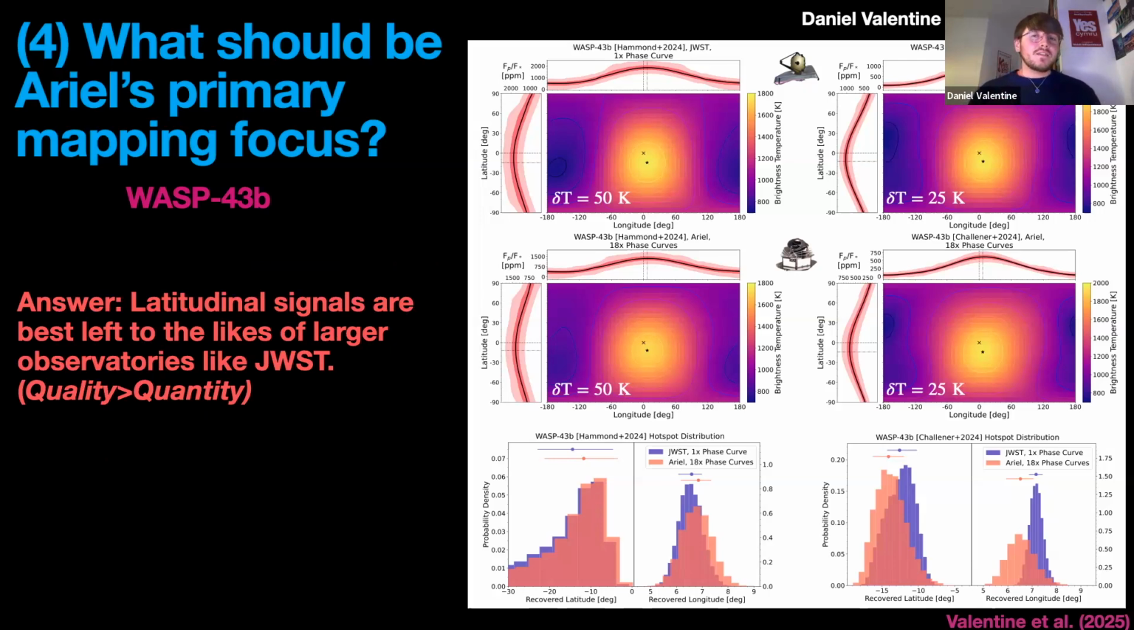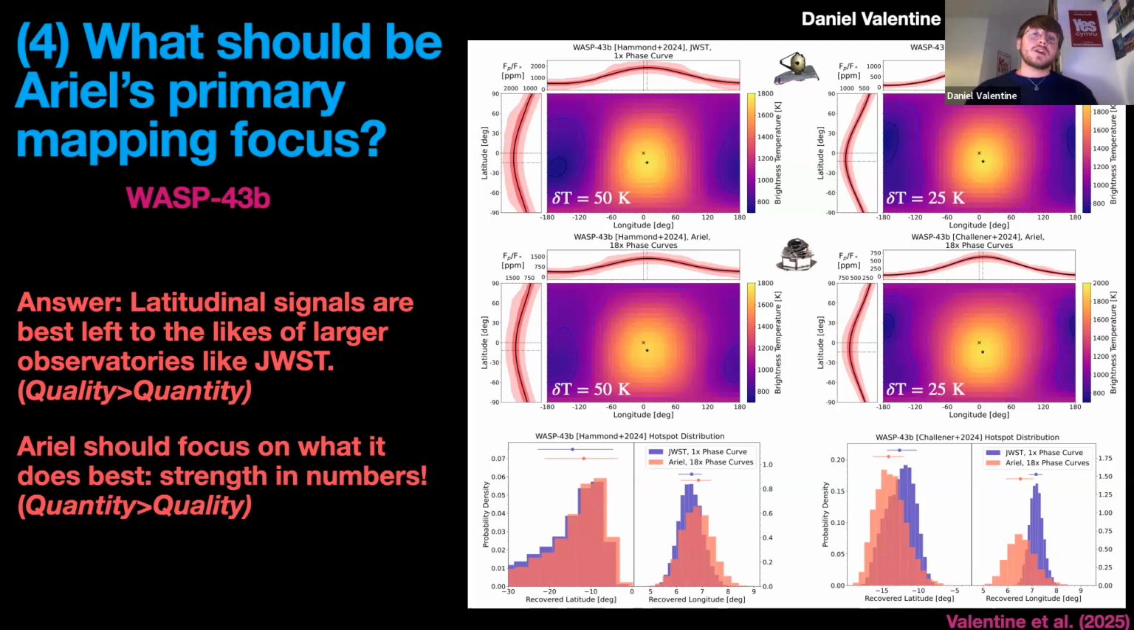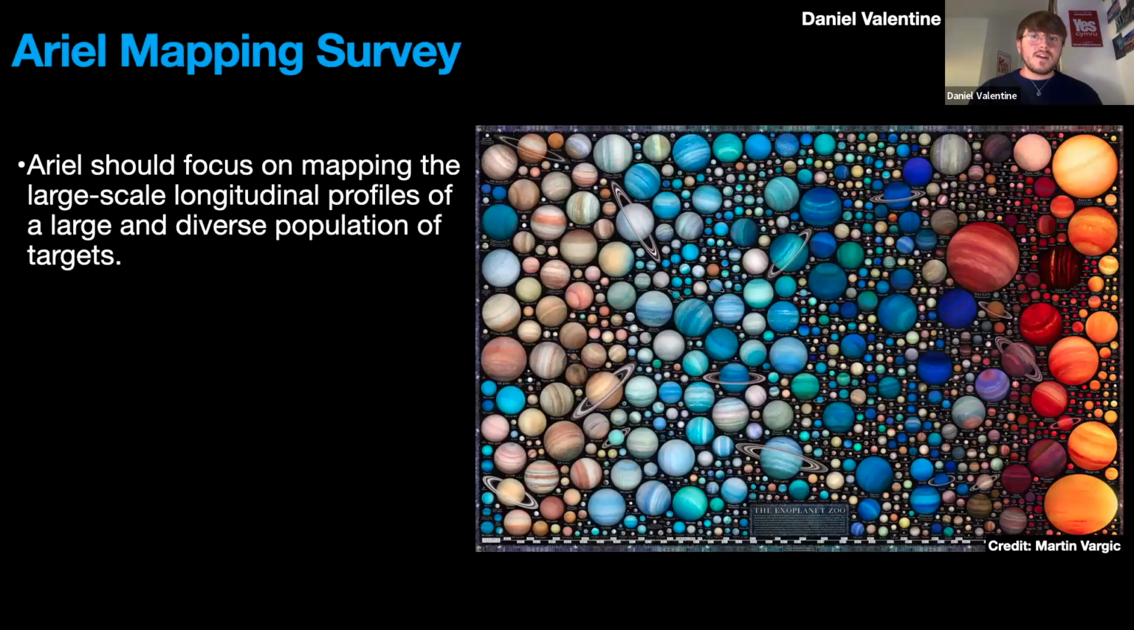not easily. So those are better left to larger observatories like JWST, because that's where JWST's strengths lie, in its data quality. What Ariel should instead focus on is where its strengths lie, and that's in its data quantity. So we showed with our previous test cases that Ariel will have the ability to map the large-scale longitudinal profiles of targets spanning several orders of magnitude in brightness. So what should Ariel focus on with this survey? Well, it should just focus on what it does best, which is measuring these signals for a large number of